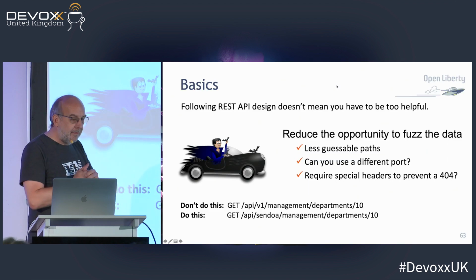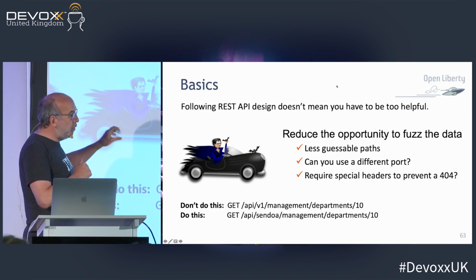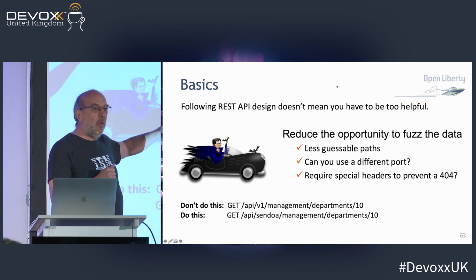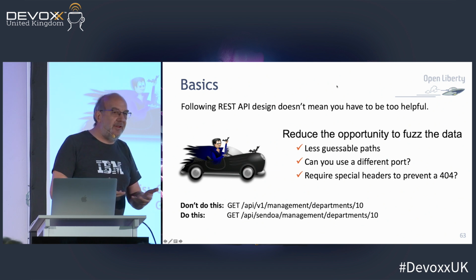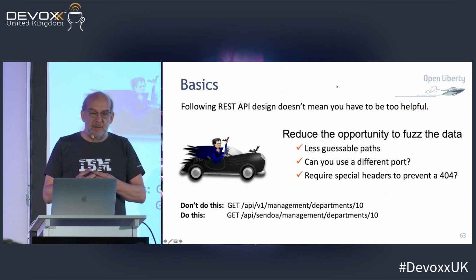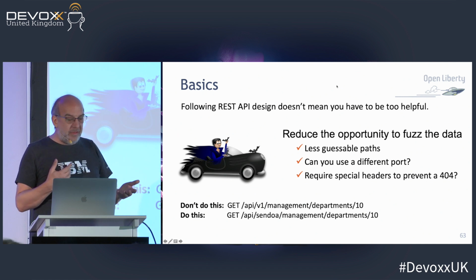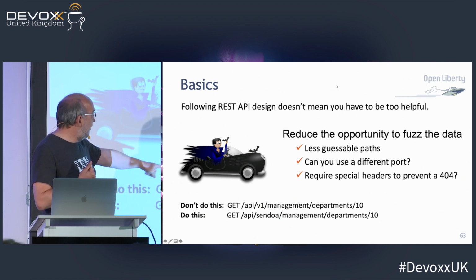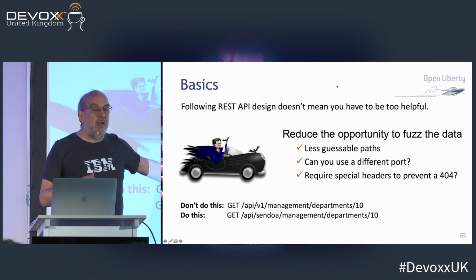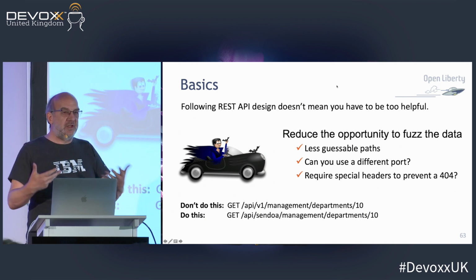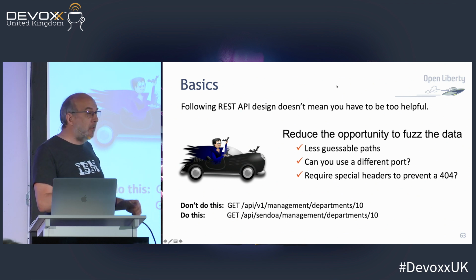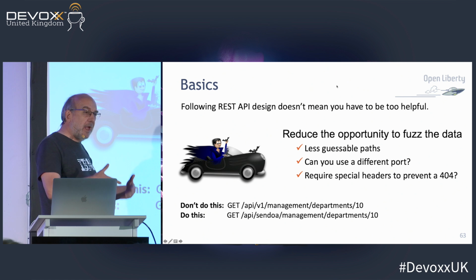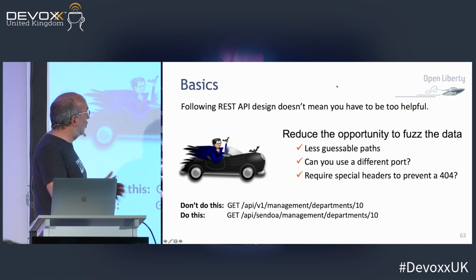When we build REST APIs, we have these wonderful examples that you see, and they're really simplistic, but they are too simplistic and they're very easy to be manipulated, because they're things like GET /api/v1/management/departments/10. We're taught to structure these APIs so you as human beings can go, oh yeah, I understand that, it works and I can code for it. We put them in the documentation. They get printed out. They get searchable.